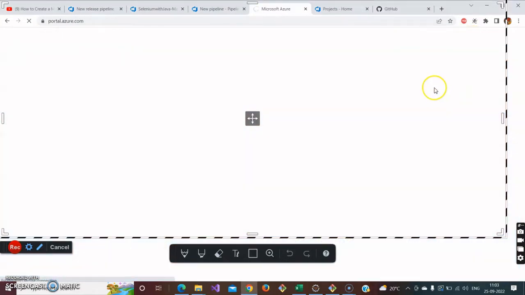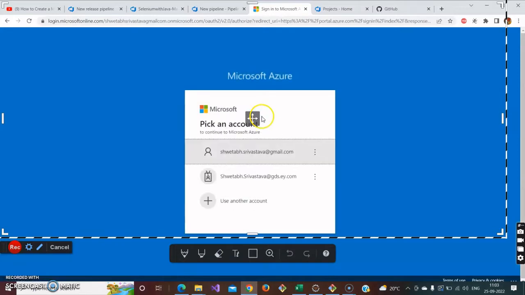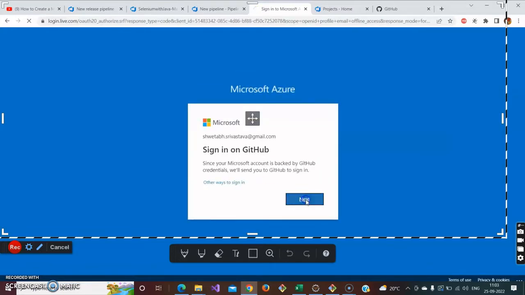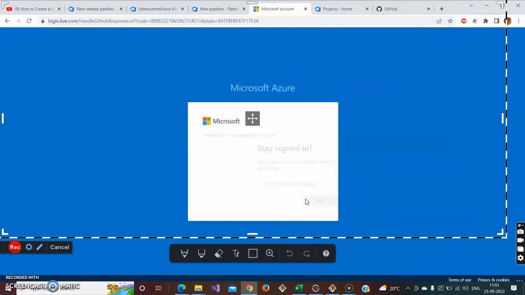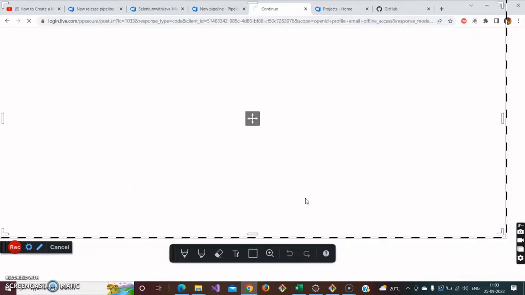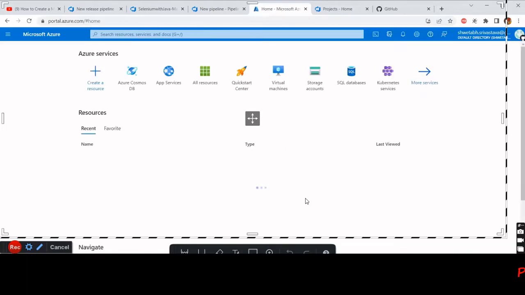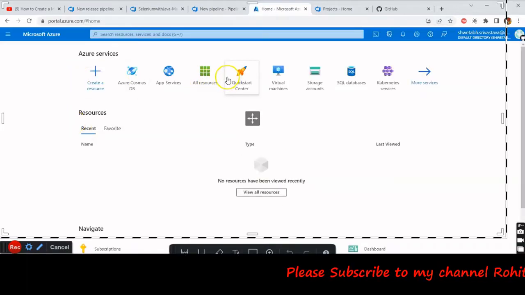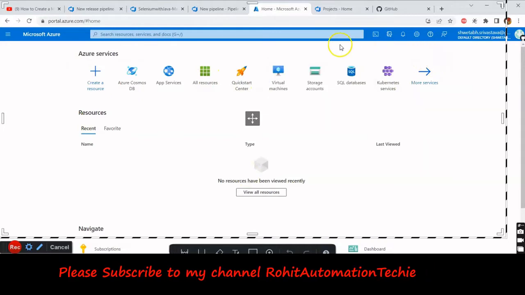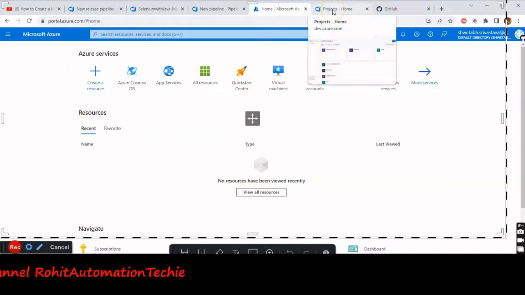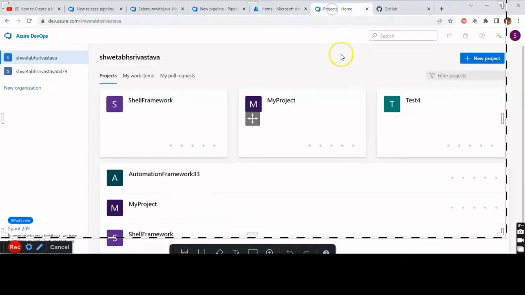Once you create the new account, it will ask you to enter an email. I have created my account with this Gmail account. Once you enter it and create a new account, it will authenticate to your GitHub. Once you have created the account and signed in, this will be your home page. After that, once you have created an account, you have to go to this URL,